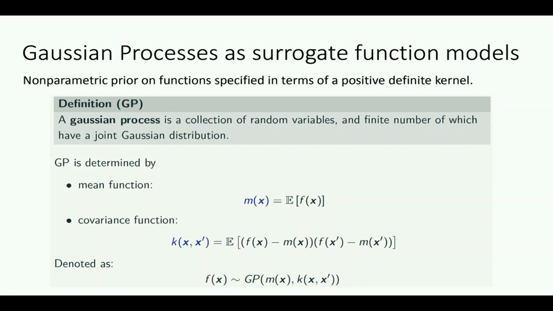Assuming we have a set of variables x and their corresponding function f of x, we assume that the function values of these points are modeled by a multivariate joint Gaussian distribution,